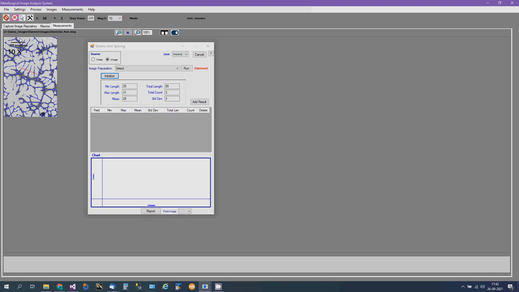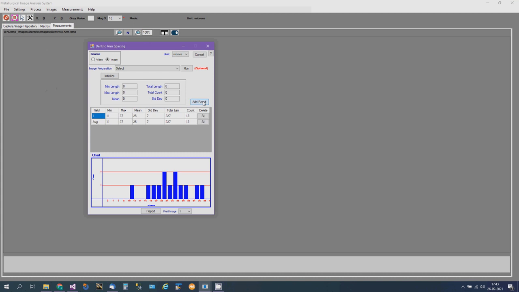Similarly, if you click here, you can draw multiple lines. So whatever you see as the result here will be the consolidation of these 3 lines. It will consider all the cell spacings and measure the gap space between each cell. This is the consolidated result of these 3 lines. So as you draw more lines, your result will get updated accordingly. The minimum, the maximum, total count, average and standard deviation.